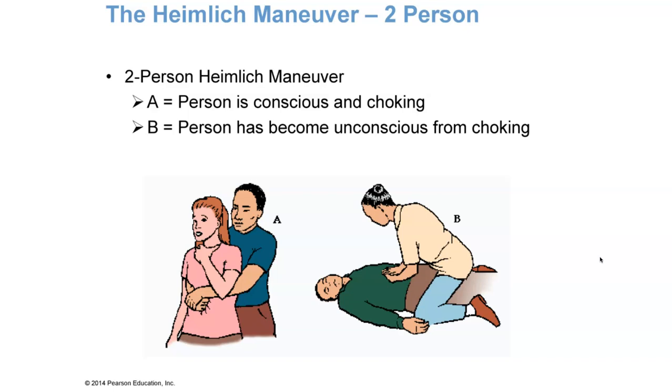Now, when you go up to somebody and they are choking, you don't want to go up there flat-footed, because if they were to get unconscious, they're either going to fall forward or they're going to fall backwards. And if you're not prepared for that, you could fall too. You could either fall on top of them or they could fall on top of you and you could get hurt. So when you go up to them, you want to straddle your legs, have maybe the right foot in front of the left. That way, if they do become unconscious, you can help lower them down to the ground in order to prevent them from hurting themselves and you as well from getting hurt.